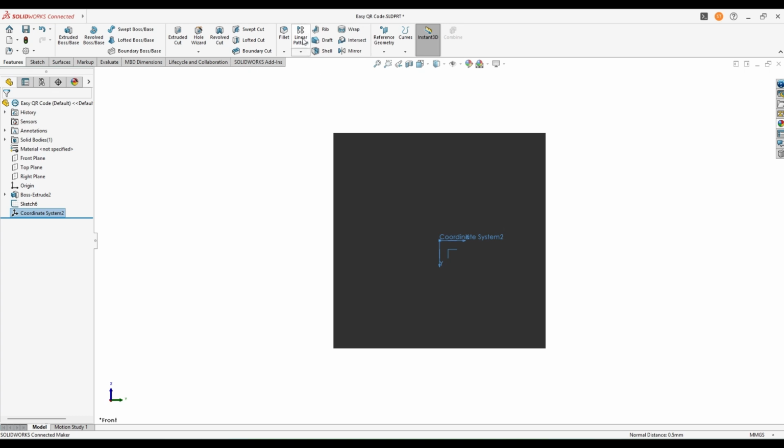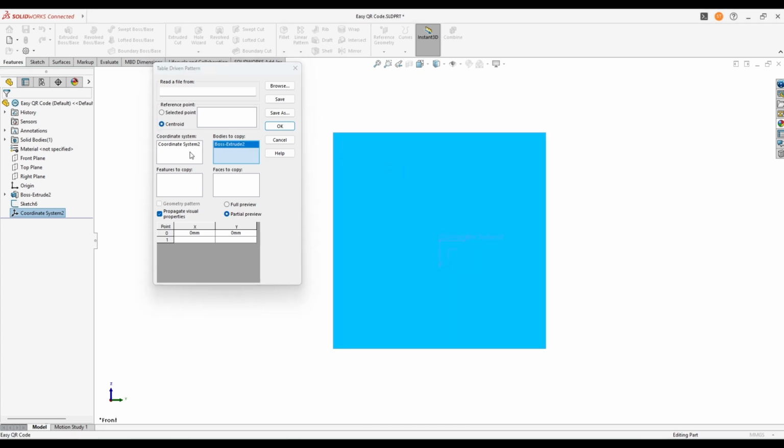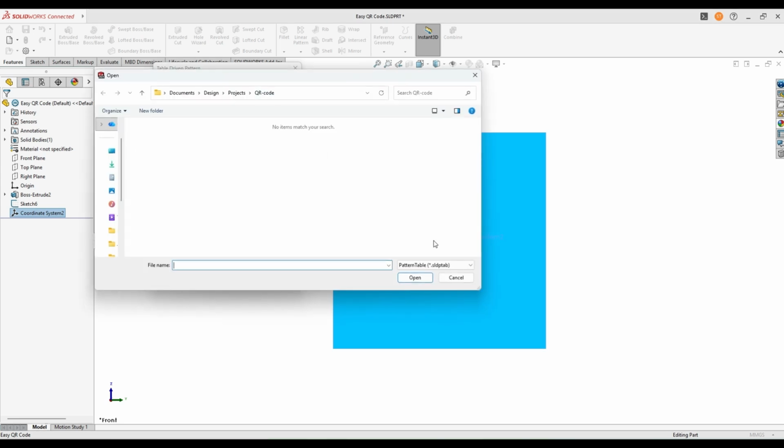Next, there's the linear pattern, and below that is the list of other options. So here's the table driven pattern. Choose it. Now choose the coordinate system we already made. The body to copy is this block we made. And then the part that's going to make the QR code: browse.